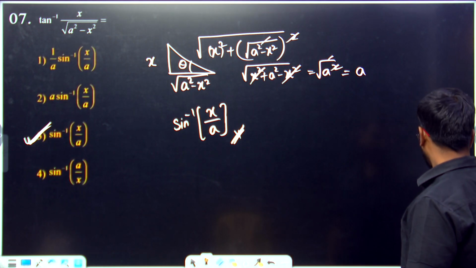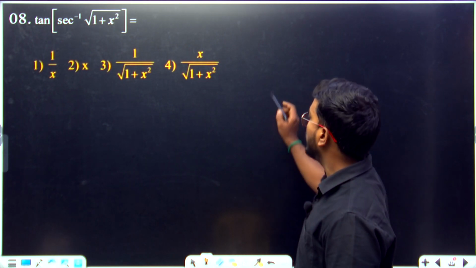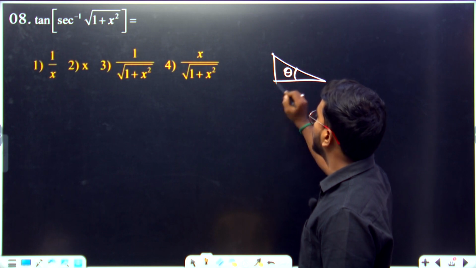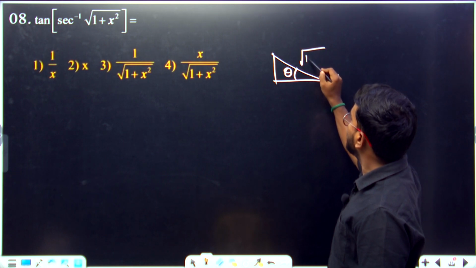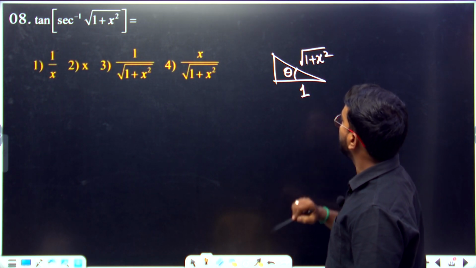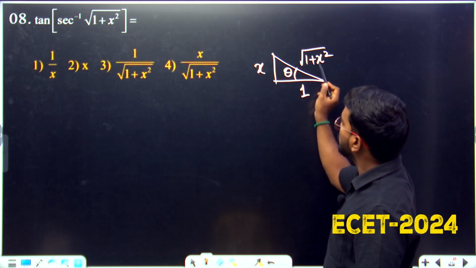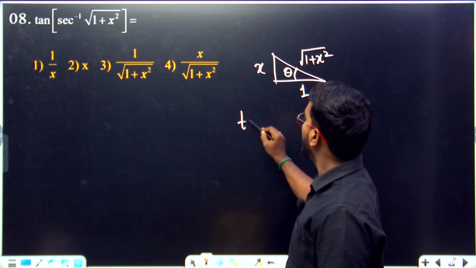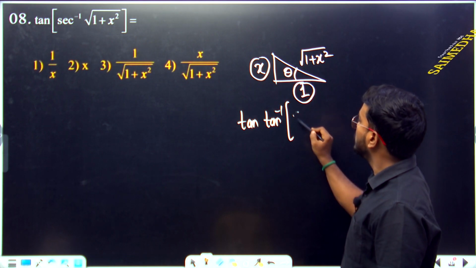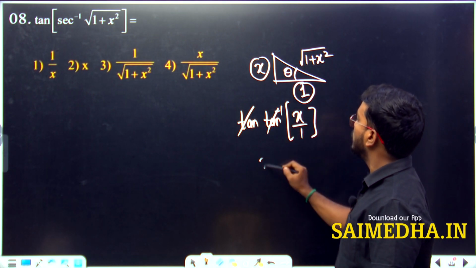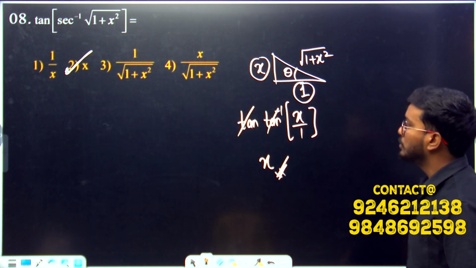Go through it. Expected question in the exam. Outside we have tan, inside we have secant inverse. Converting the secant inverse in terms of tan inverse by drawing the triangle rule. Secant inverse is hypotenuse by adjacent, so this is hypotenuse and this is adjacent. So this must be x, right? Because 1 square plus x square is going to give you this value. So this is the x. We require tan. Tan of secant inverse is written as tan inverse of opposite by adjacent, that is x divided by 1. Tan inverse eliminated. What is the answer? X is your final answer. Final answer is 2. Go through it.